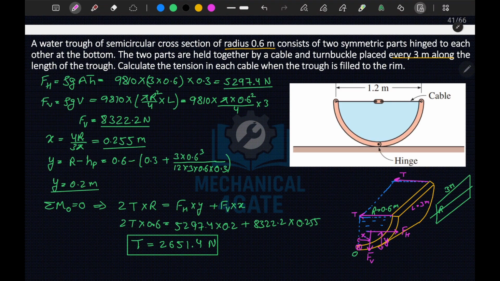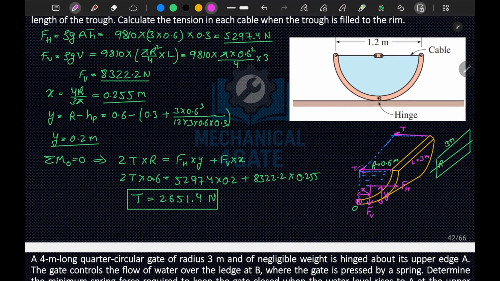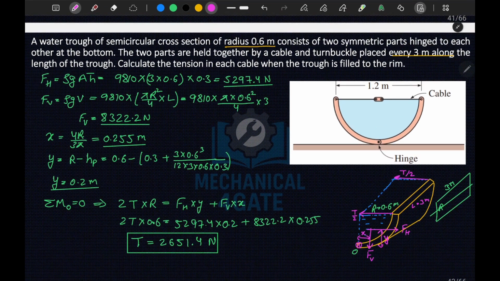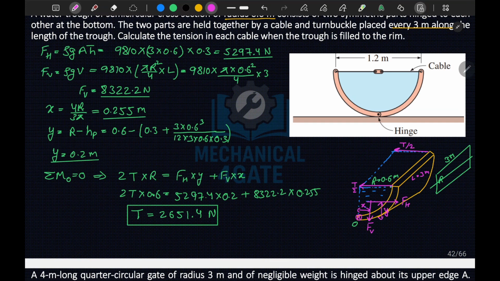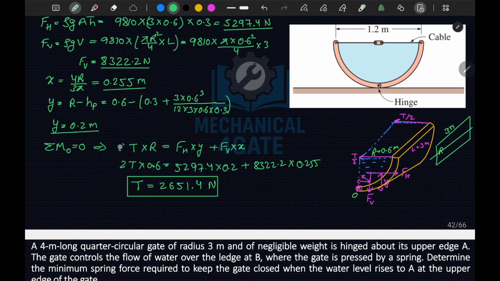Okay, so I should mention here that this T should basically be T by 2. Why T by 2? Because on both sides, it is mentioned that at every 3 meter along the length of the trunk, there are two ties. There is a cable and a cable. Each cable will support both hand sides, so this will be T by 2 here, T by 2 here. So here it would become T only, and your force will become